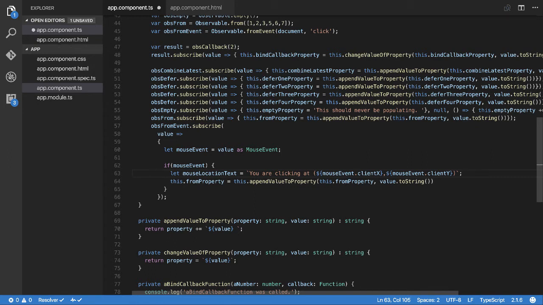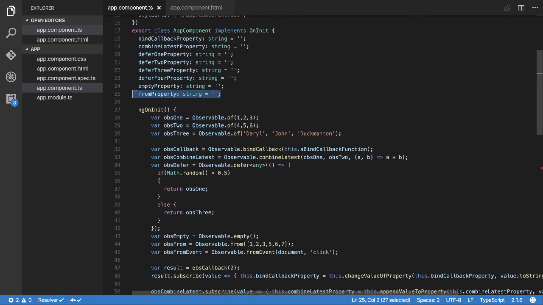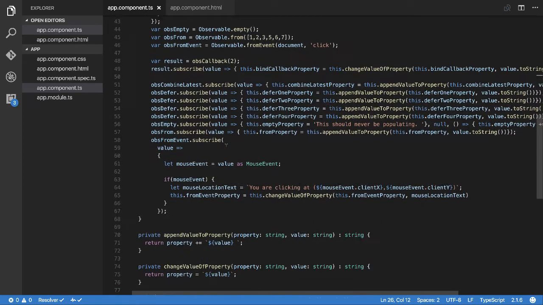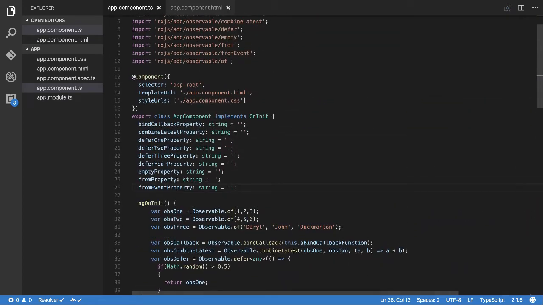And then basically, instead of passing for the from property, which we're going to have from event property, we're going to append. We're not going to append, we're going to change the value each time. And we're going to change it to whatever is in here. This mouse location text. Now we haven't created this property yet, so let's go do that. It's very similar, this one. Like so. Hopefully, if I go and add the front end part,